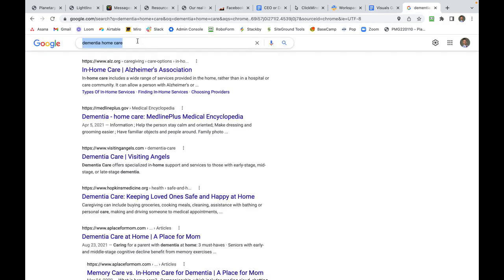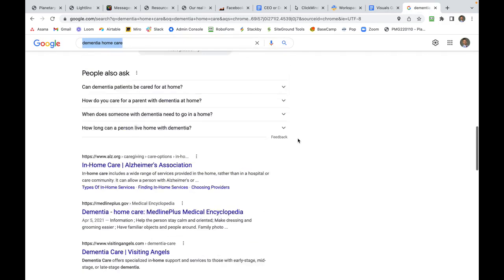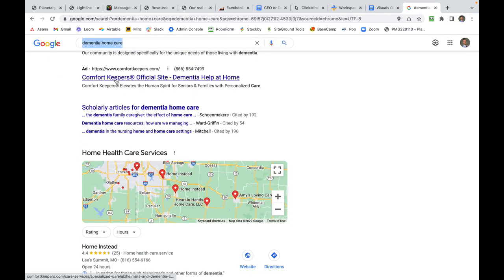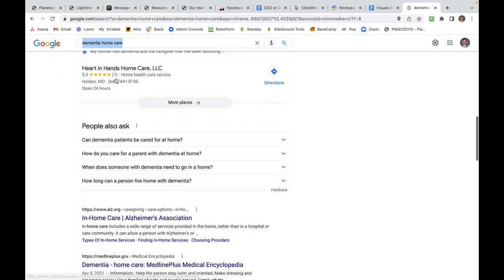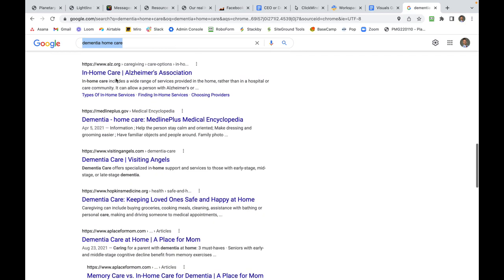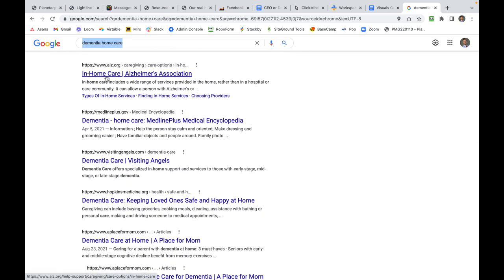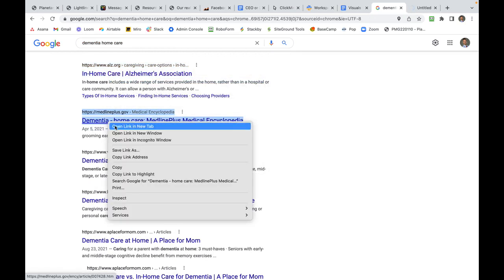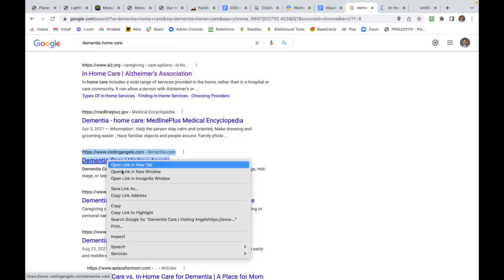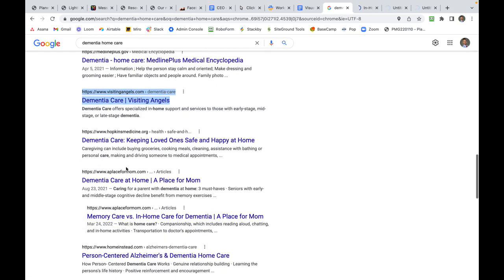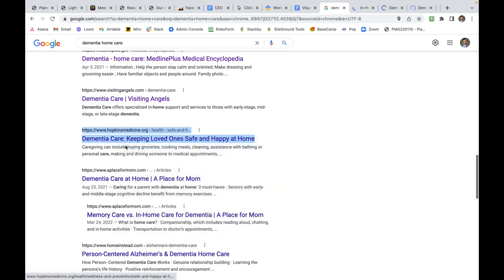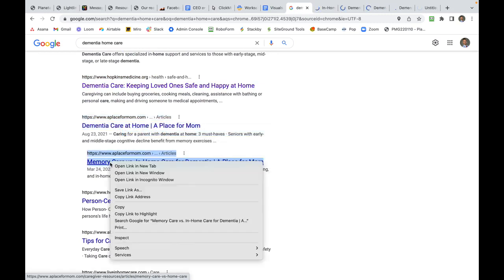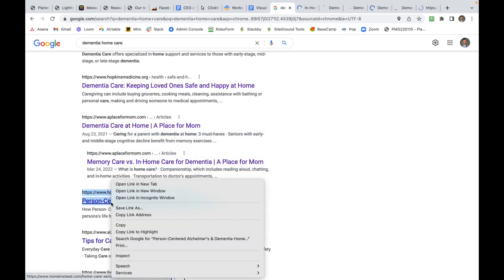If we were to search dementia home care in Google, we want to skip down past the ads at the top and go down to some of the first web pages that are found here. All we're going to do is right click, open link in new tab, right click, open link in new tab. We can just do that for all of these real quick. It's very simple. You just open those up,